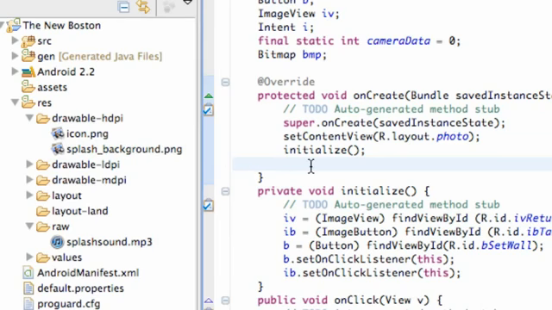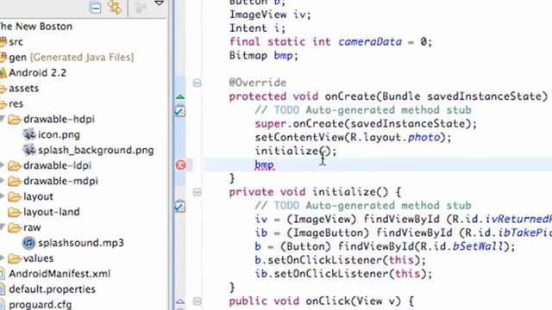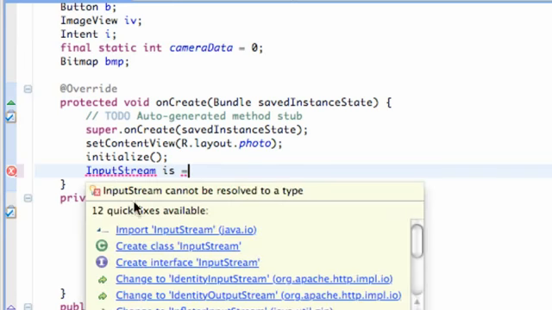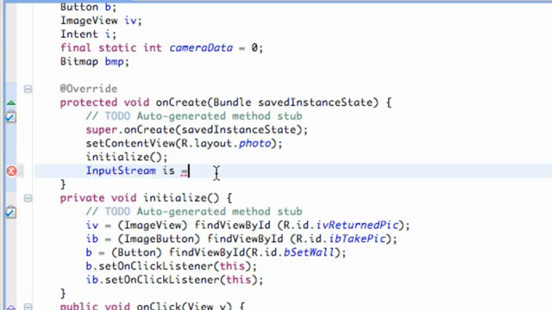So we're going to set up our bitmap within the onCreate method after everything gets initialized or variables get set up. So we're going to say bitmap, or actually let's do it this way. We're going to say InputStream, and we're going to say is for InputStream equals, how's that blue? I'm going to import that, and we're going to set this equal to something, a method called getResources, because again